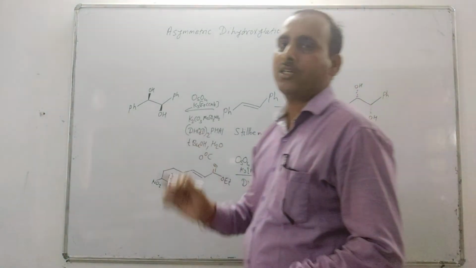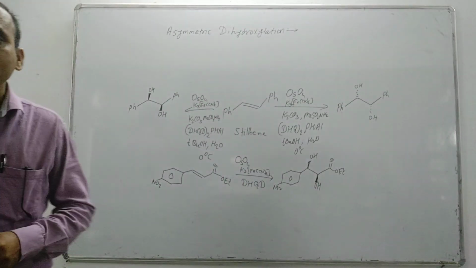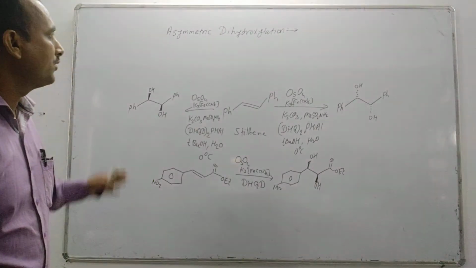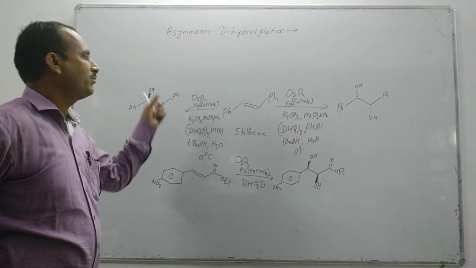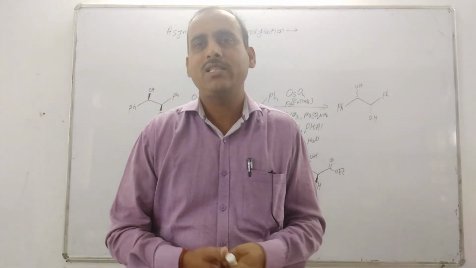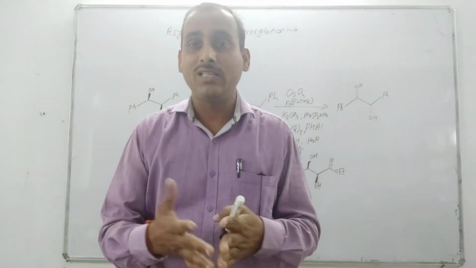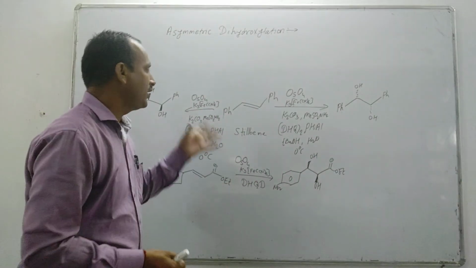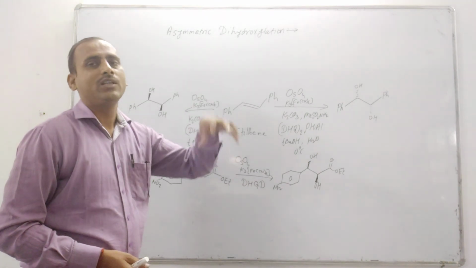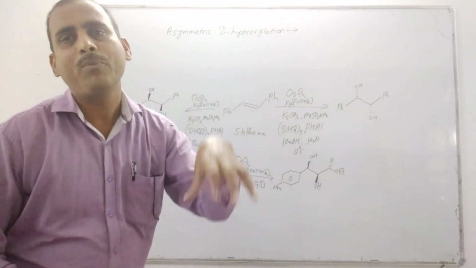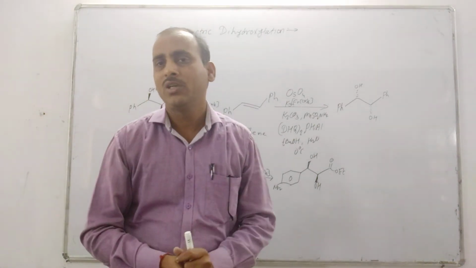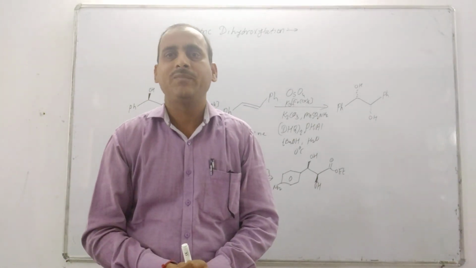So this is the product by the dihydroxylation. So asymmetric dihydroxylation by using osmium tetroxide and DHQD phthalazine or DHQ phthalazine gives the syn diol, in which with DHQD the two OH groups are from the top face, and with DHQ dihydroquinine the two OH groups are from the bottom face of the alkene.